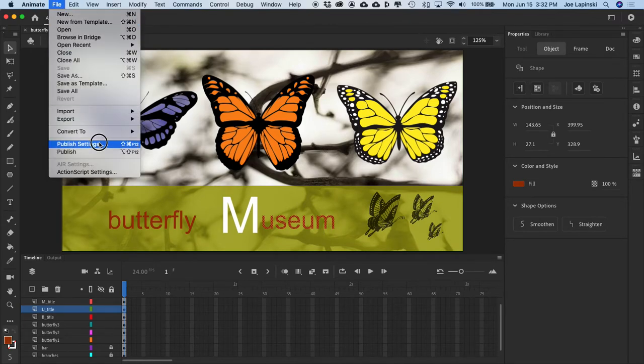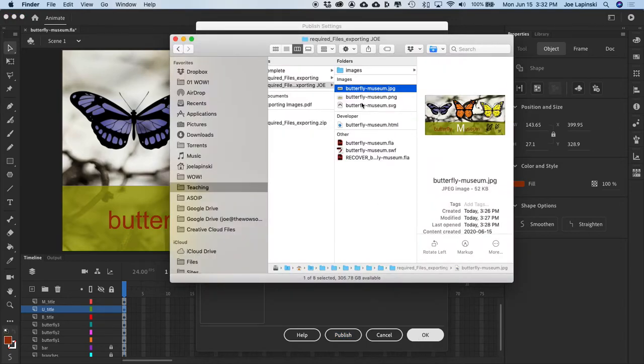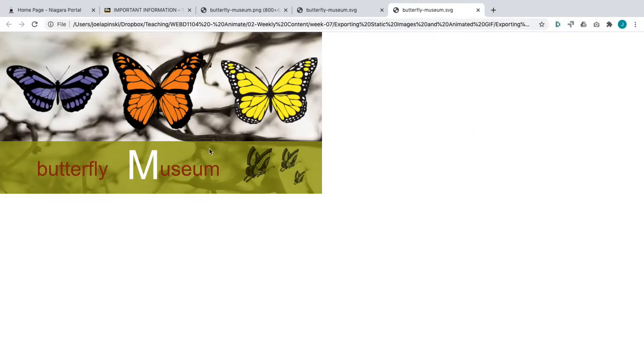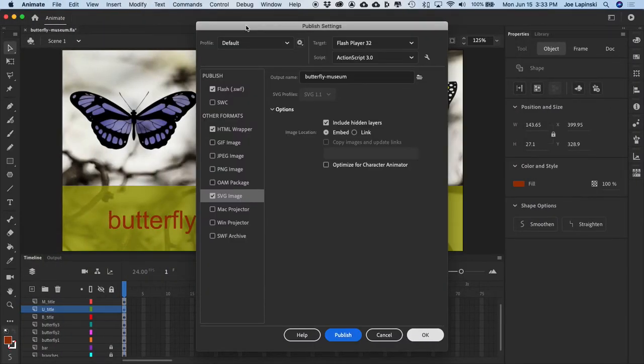So now I'm going to go to Publish Settings again, and I'm going to publish it as an SVG. And I'm going to open it up again in Chrome. And there we go. It looks accurate. Okay. So that's our first exercise complete. I hope that comes in handy for you. So let's move on to our next exercise, which is